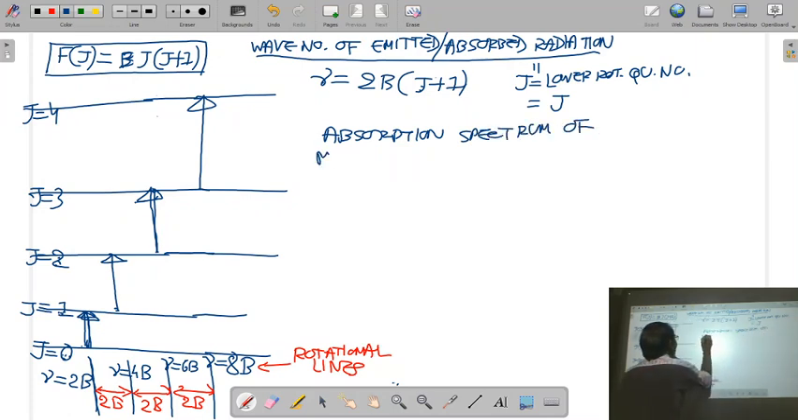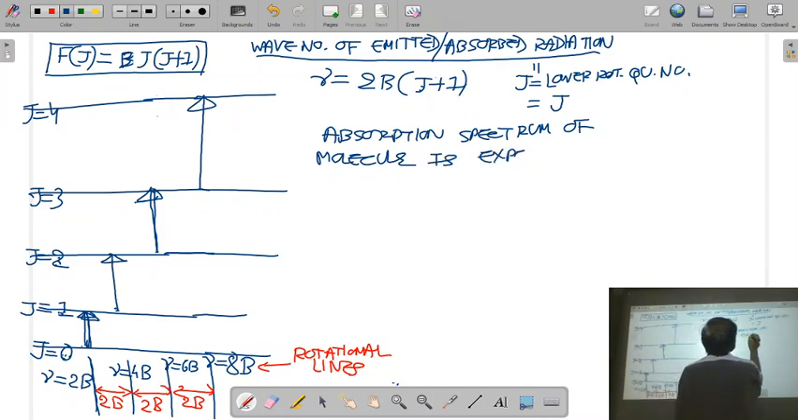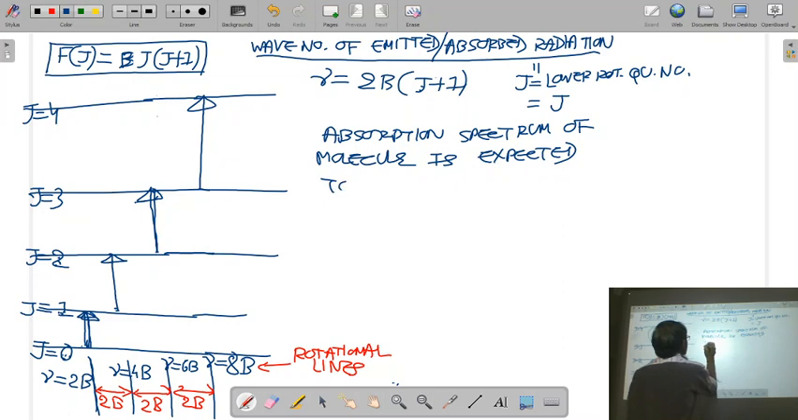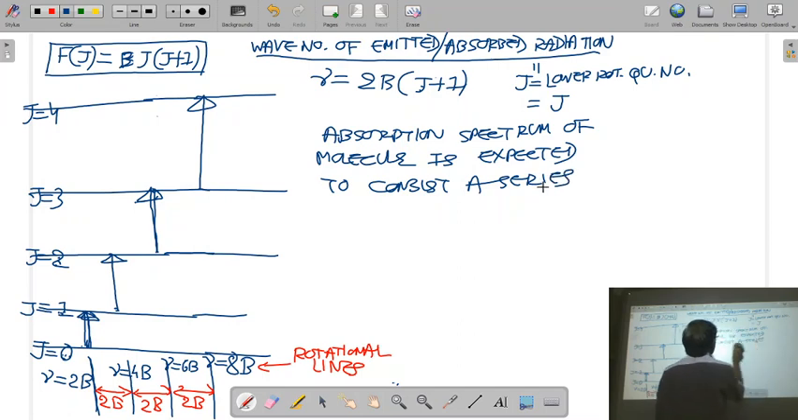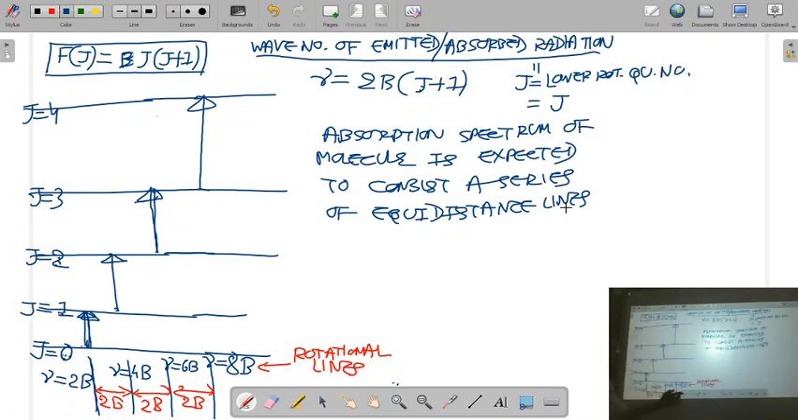of a molecule is expected to consist of a series of equidistant lines. And what is the spacing between two lines? 4b minus 2b, that is 2b, 6b minus 4b, that is 2b, 8b minus 6b, that is 2b. So the absorption spectrum of a molecule is expected to consist of a series of equidistant lines with a constant separation